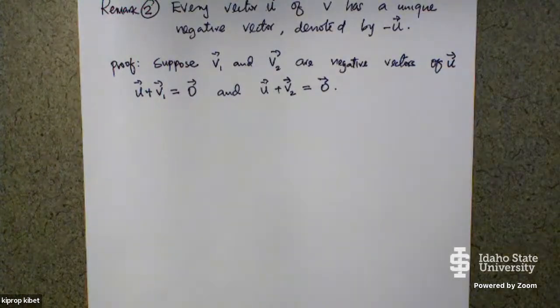So if those are the negative vectors of U, then therefore